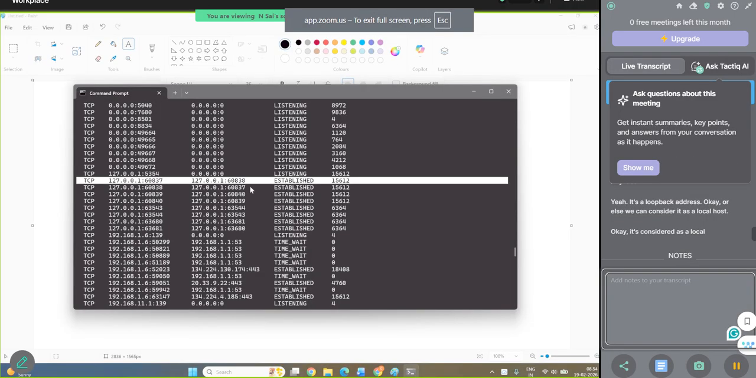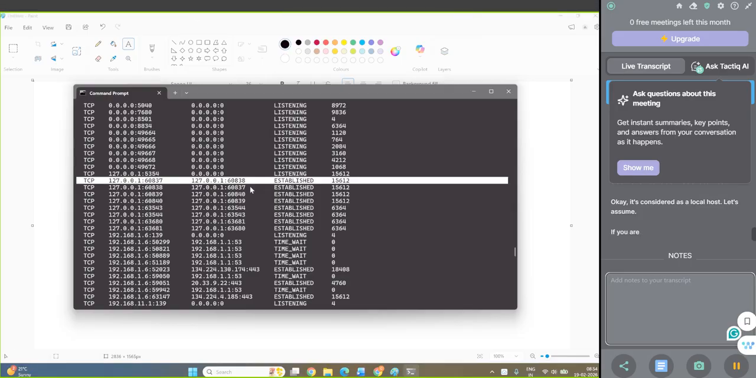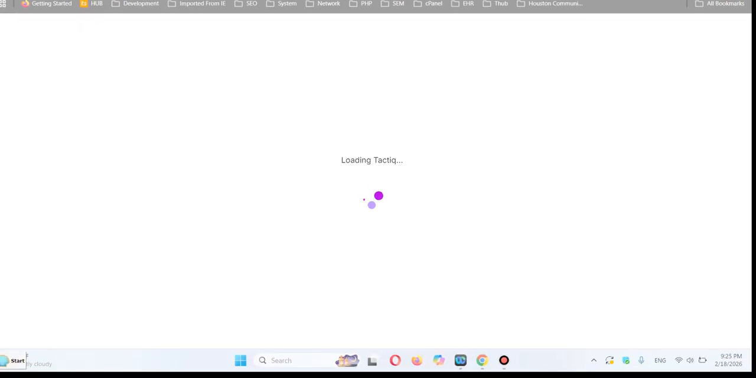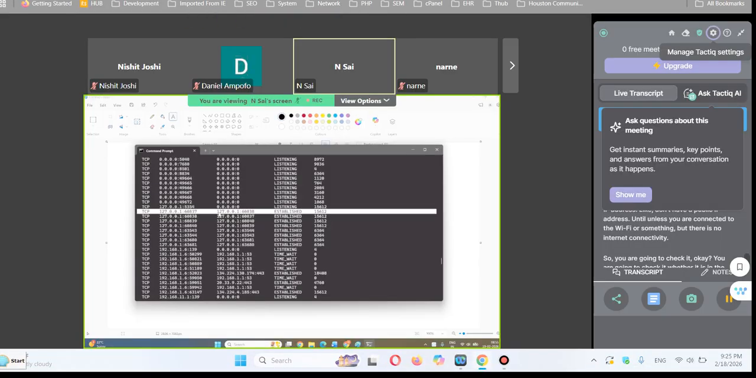Let's assume you have installed some service inside your laptop. Okay, you want to check whether that service is working fine or not with the help of IP addresses. But the thing is, your laptop doesn't have a public IP address unless you are connected to the Wi-Fi or something. But there is no internet connectivity. So you are going to check it, whether it is with the internet or without internet. Maybe you have to check it with a